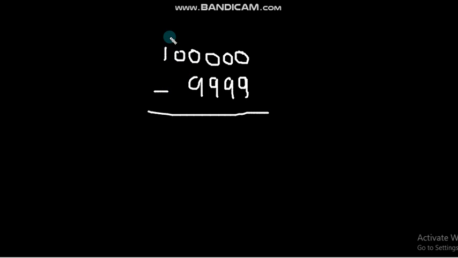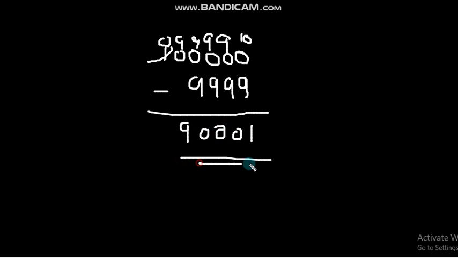When we subtract, we can't subtract 9 from 0, so we have to take a carry. We have only one on the left side, then we carry from this one to this one, but we have to move through each digit. It will become 9 9 9 9. This will become 10. Subtraction of 9 from 10 will give us 1. 9 from 9 is 0, 0, 0, and then 9. That is our answer.